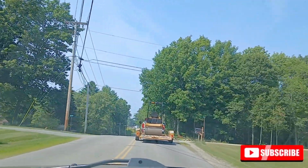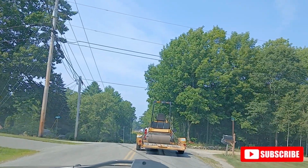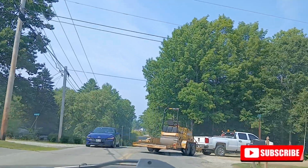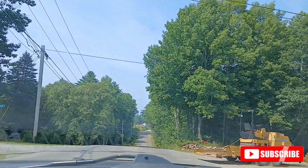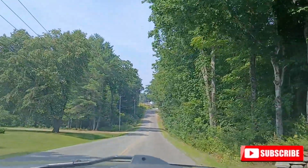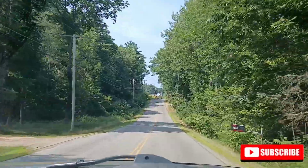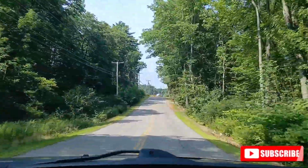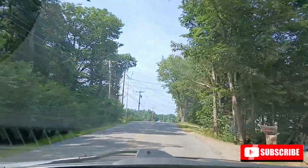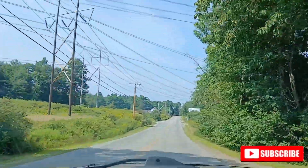What are you doing? I can't see around you, so I can't go around you. But you didn't, good thing I didn't, because there's a car right there. I don't know why you needed to completely stop in the road. You're trying to slow us down. It's already going slow. Angie's not there. Why is that orange